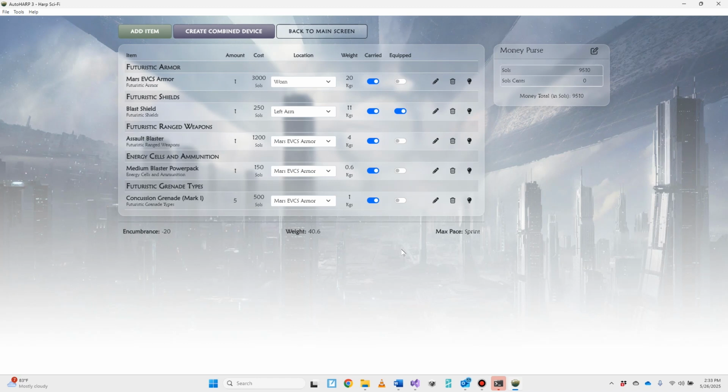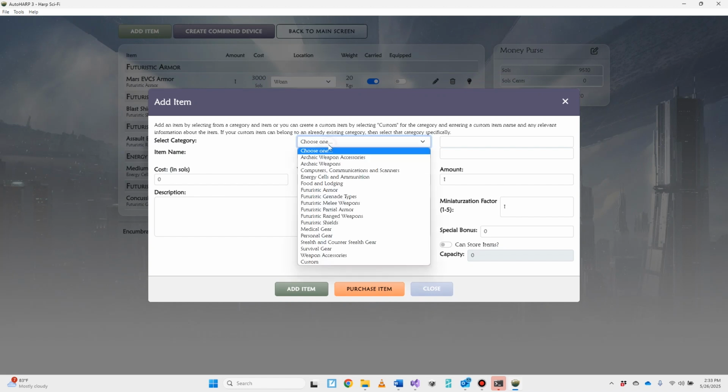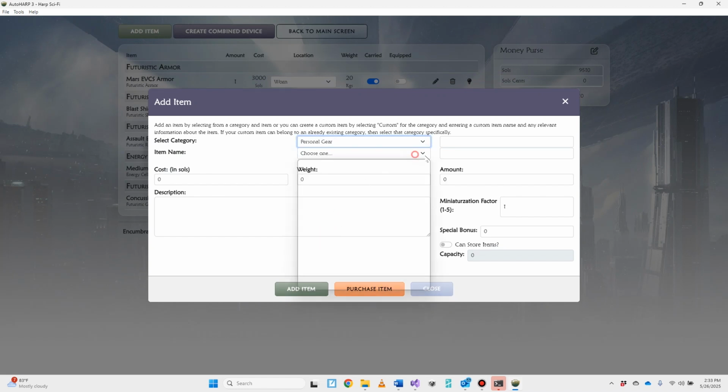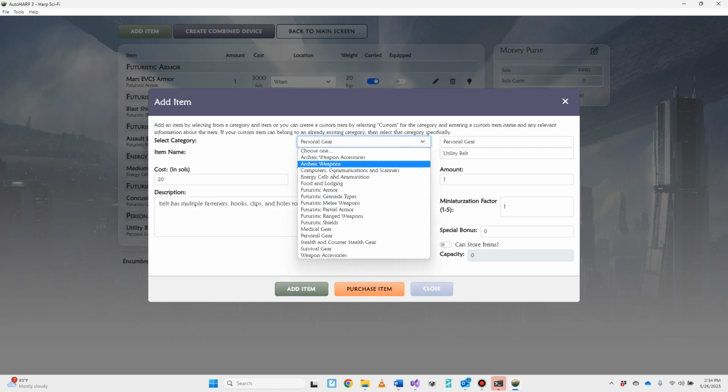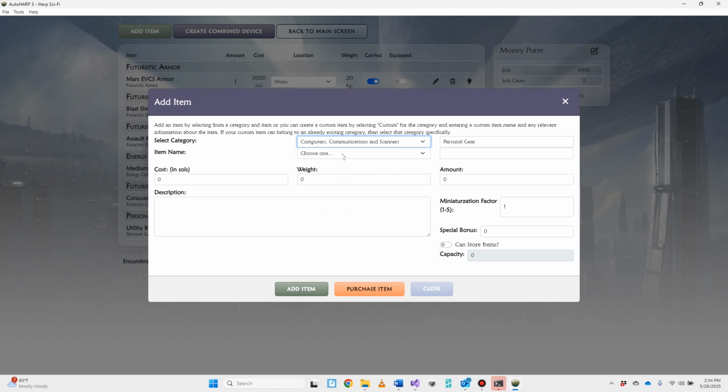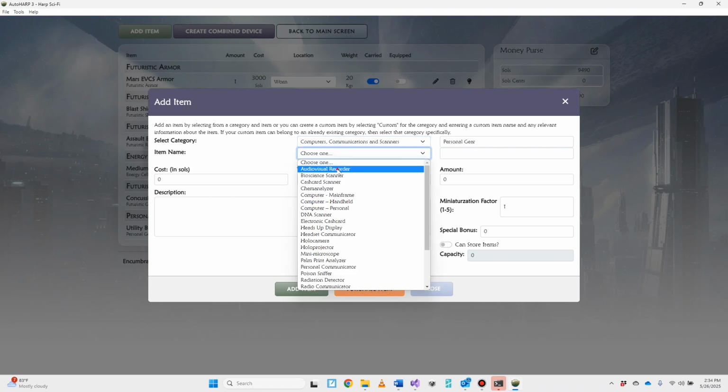The last thing, I think, there's a couple more things to show you. For example, let me go ahead and add another item. Let me add in, let's see, personal gear. Let me add in a utility belt. So let's purchase that. And then let's go to computers, communications, and scanners, and let's go and add an audiovisual